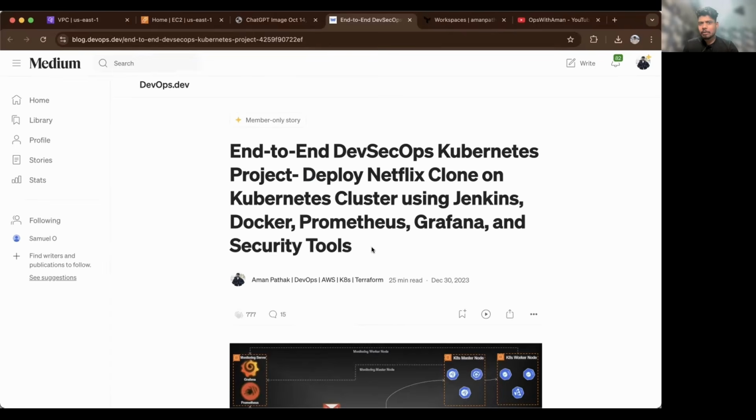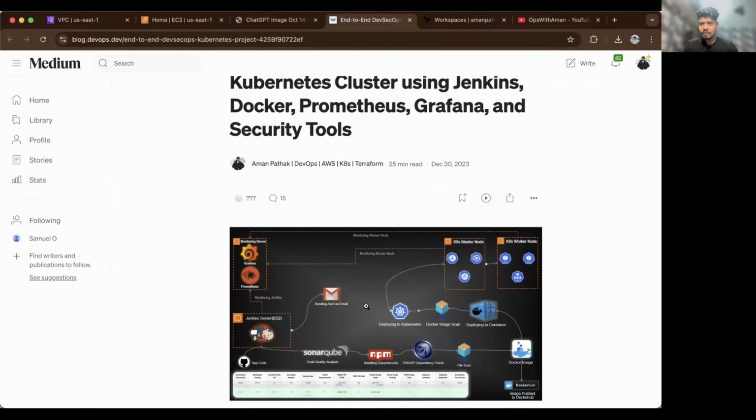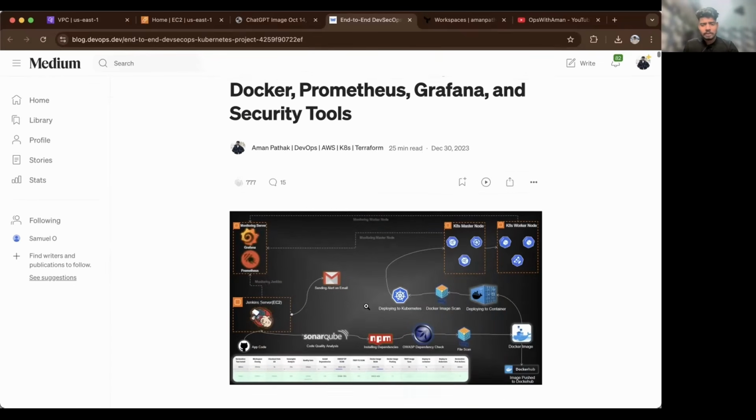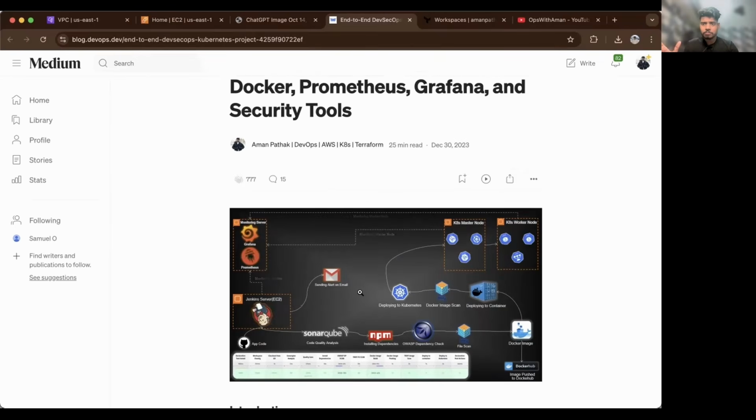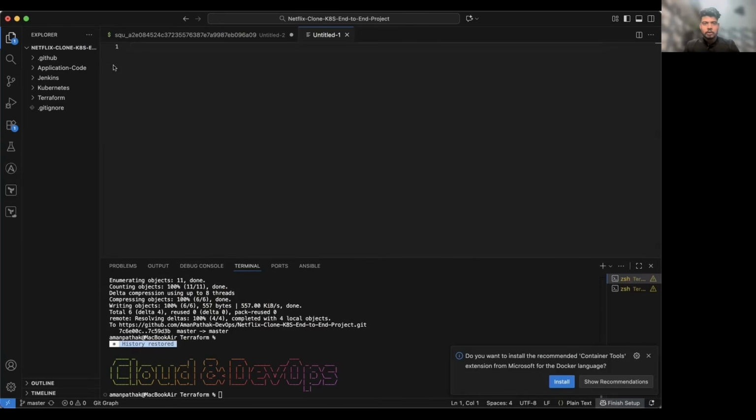And for this part of the project, we are going to focus on infrastructure as code, where we will create our 4 machines, and then after that we will use Terraform Cloud and try to automate it. So it will save a lot of time for you as well. So this is the